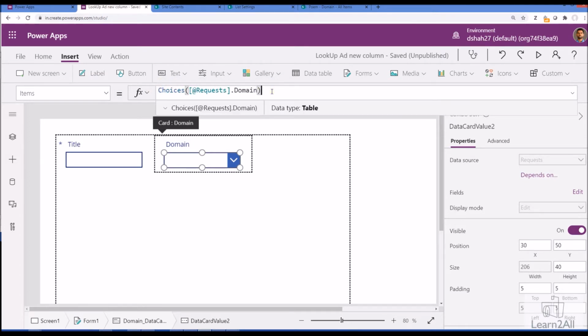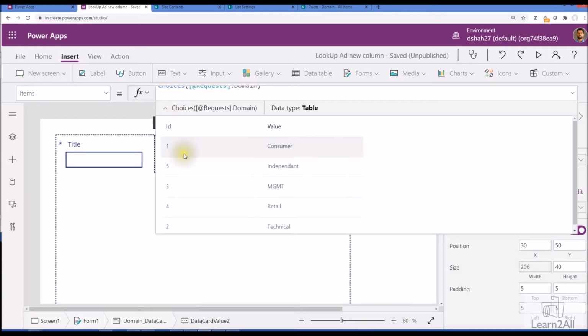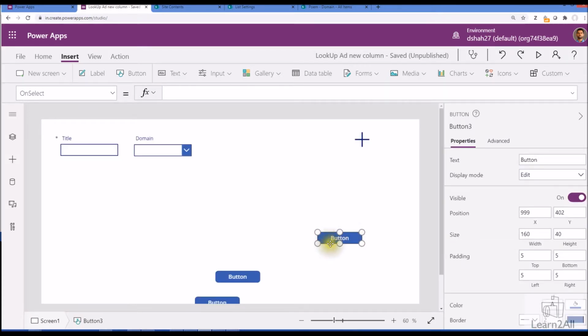Now first of all, let's see what we are getting over here. Let's double click on that and check what value we are getting. For any lookup value, we are getting ID and value columns as a table over here. Now with this, additionally we need one more column named status, and after that we can apply a filter where status is equal to active, right? This is what we need to achieve. Now in order to do that, we need to do some rough work, and after that we will add that code over here. Just add any button on your Power Apps page.